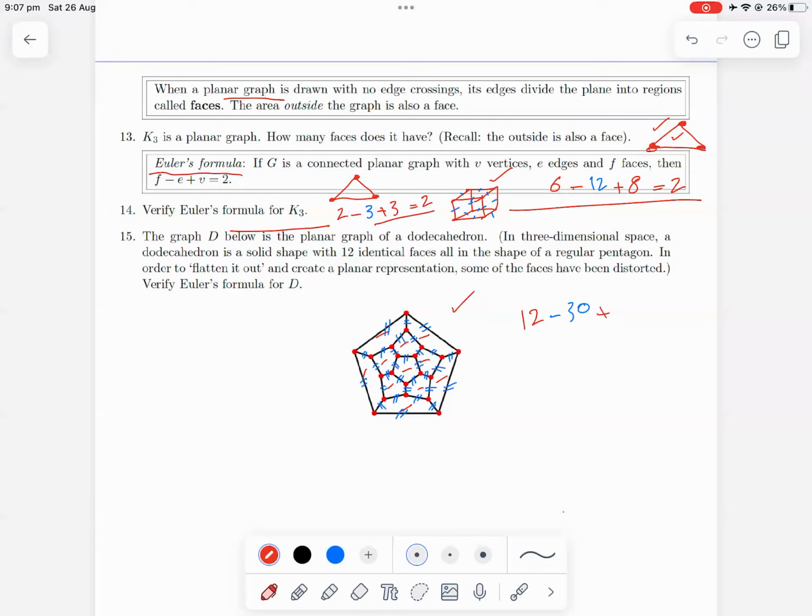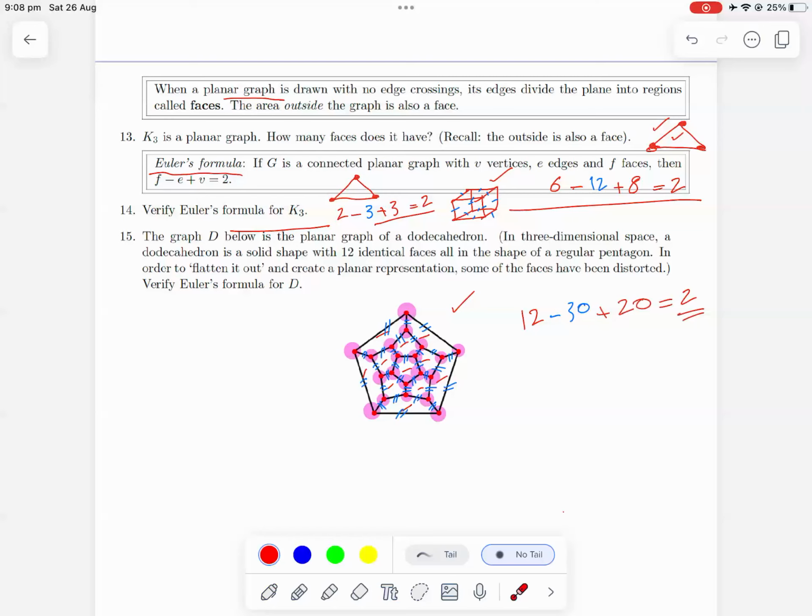And vertices. Oh my God. So 1, 2, 3, 4, 5, 6, 7, 8, 9, 10, 11, 12, 13, 14, 15, 16, 17, 18, 19, 20. So 20. Okay. Oh, that's right. So I was not sure about this 30. But it's right, if you have the polygon,